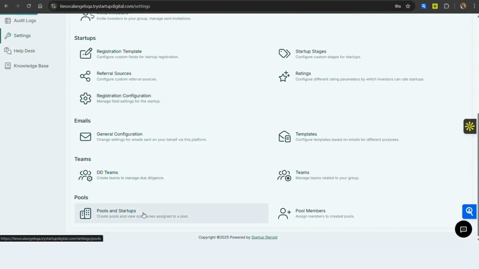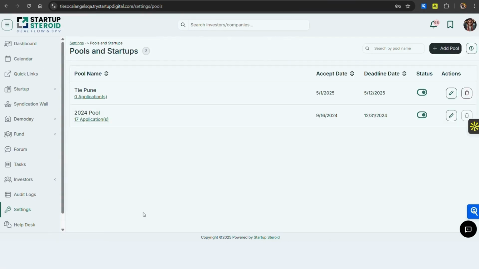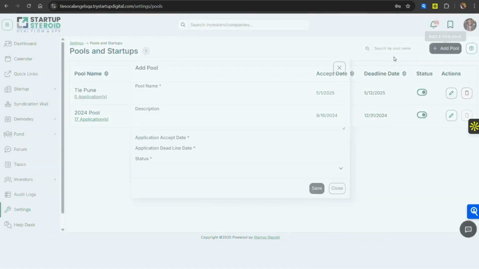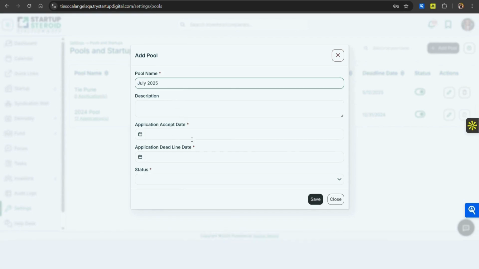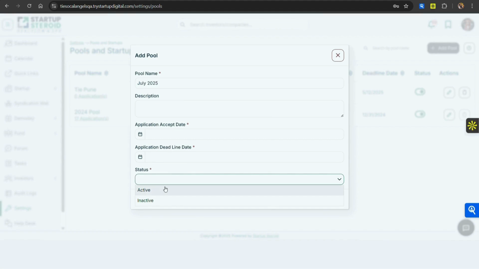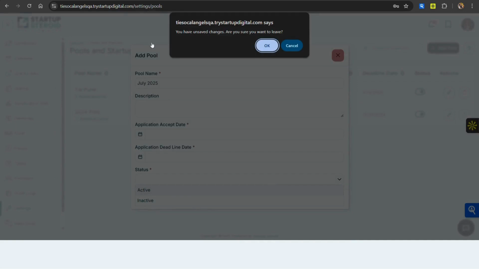Pools, you can club a bunch of companies together. Pools are generally created based on the time when they have applied to your white label. So right now I can just click on this. I can define this could be July 2025 pool, give a short description, which is the application date that starts, the application date of deadline, give it a status, and I will just create a pool. So everything that comes to me probably from 1st of July to the 31st of July will automatically be clubbed under this particular pool section.